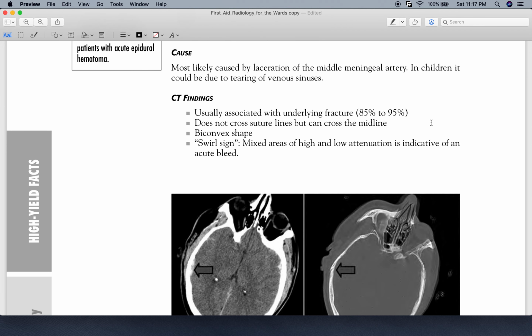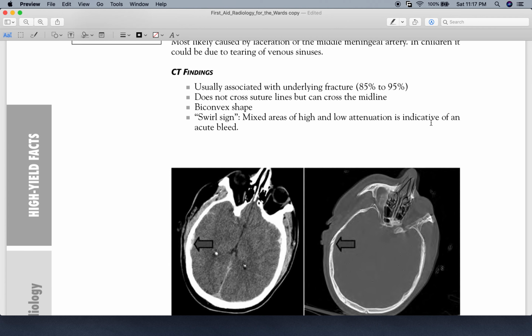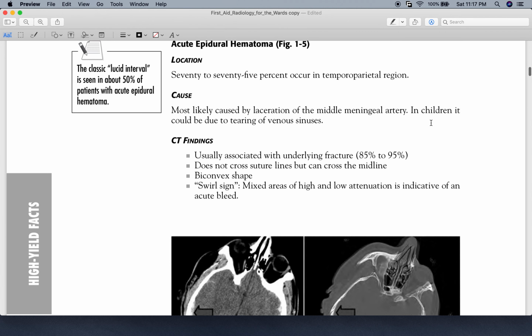What about the CT finding, which is the most interesting for us? Usually associated with underlying fractures, about 85 to 95%. It does not cross the suture line but can cross the midline. So it does not, the subdural hematoma, or sorry, the epidural hematoma, does not cross the suture line, but can cross the midline, and if it crosses the midline, it